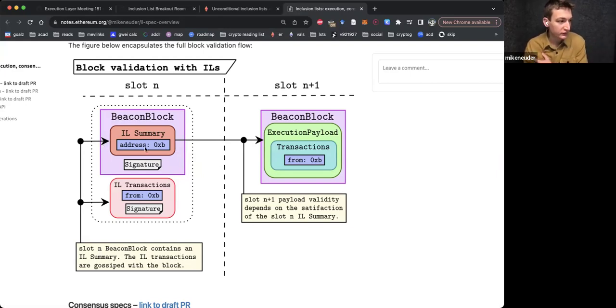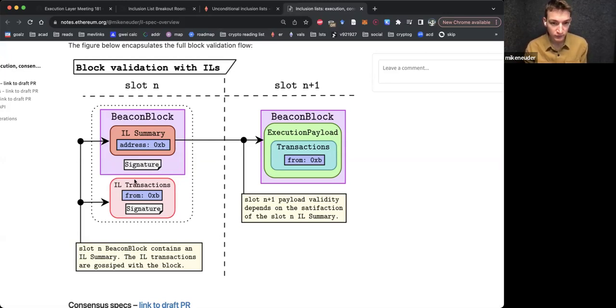You can think of this very much the same as the 4844 blobs. The block won't be accepted until all of the blobs that are committed to in the block body are in the view of that validator. So that's the high level design for this slot itself.